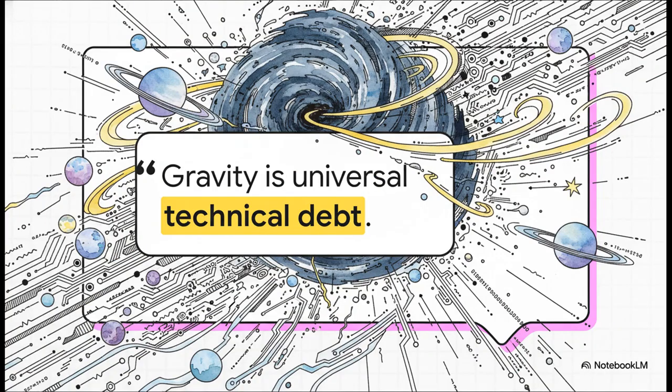Which brings us to this beautifully brutal realization. Gravity is universal technical debt. Think about it. If mass is the instantiated contract, the memory you borrowed just to exist, then gravity is the exact interest rate you pay for holding that contract open in the field. The universe is essentially a polymorphic engine governed by strict interface contracts, and gravity? That's the precise computational cost of having an unresolved contract sitting in your local phase space.